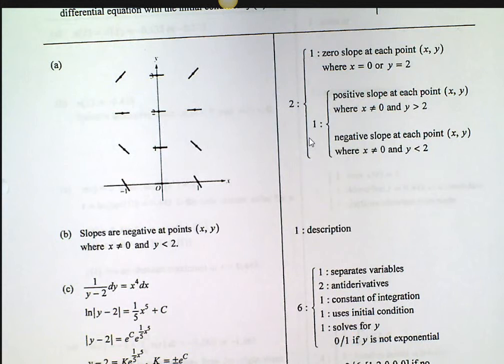Zero slopes, they give you a point. And they give you a point for these positive slopes, or just one point for where it's positive and where it's negative. Yay, I got 2 points. So if these are all flat, you get a point. If these are negative, you get a point. And if these are positive, you get a point. Positive like this, you get half a point. Negative like this. So this line is like 0.